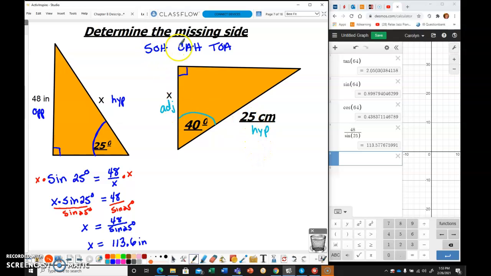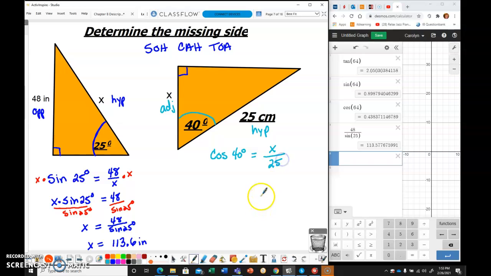So I want to figure out which of these relationships uses the adjacent side and the hypotenuse. And that's going to tell me which trig ratio to use. And cosine has the adjacent divided by the hypotenuse. So I'm going to say that the cosine of 40 degrees equals the adjacent side divided by the hypotenuse, which